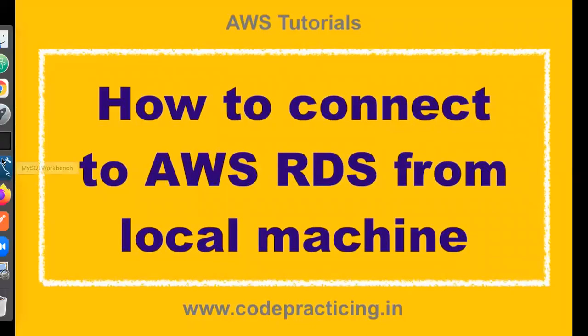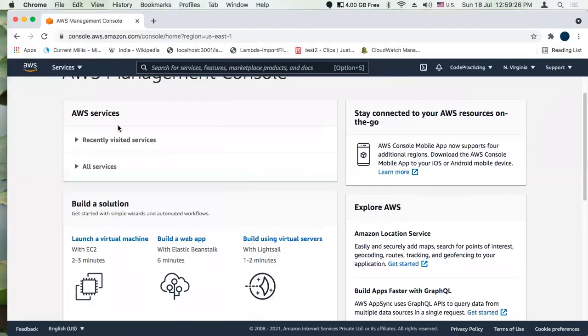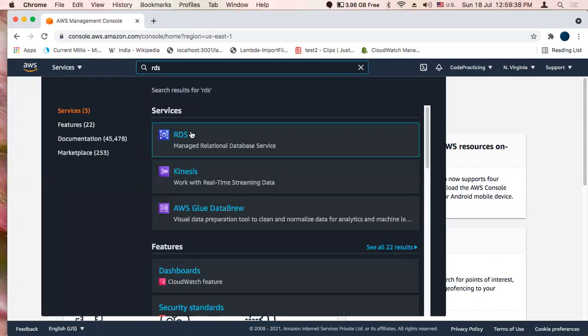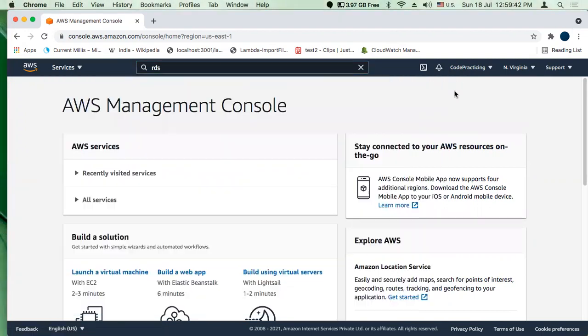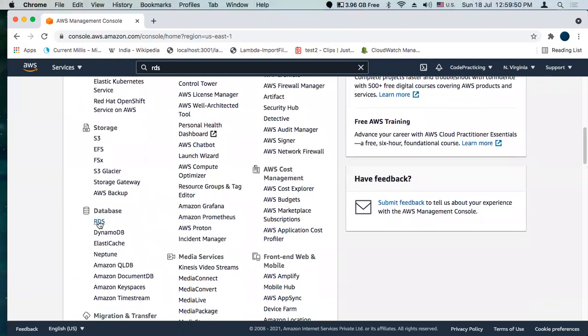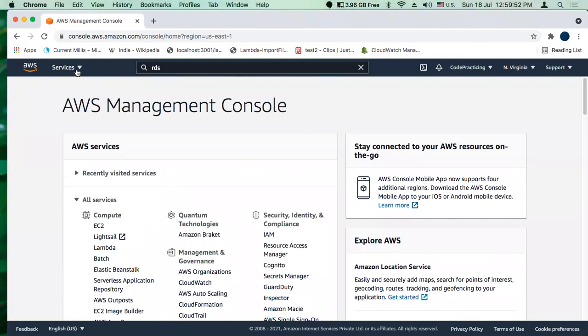After login, you will see this window. You can find the RDS by typing RDS in the search bar and clicking RDS. You'll go to the RDS console, or you can find RDS under all services, under database.